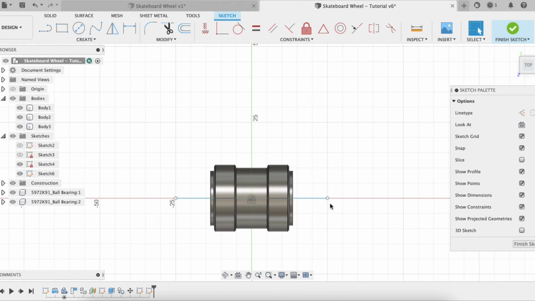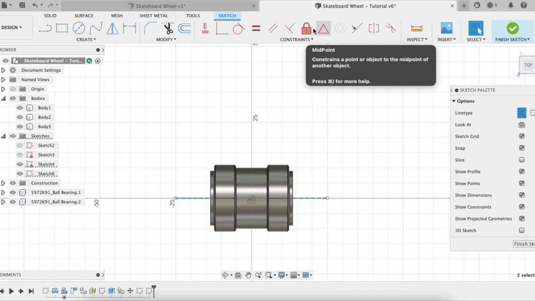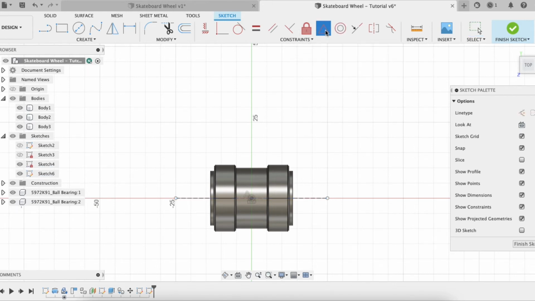So we'll select our line, change that to a construction line in our sketch palette. We're going to click on the line and then also hit Shift and select the origin so that we can midpoint this. And the midpoint tool is this triangle here in our constraint options. Okay, so now